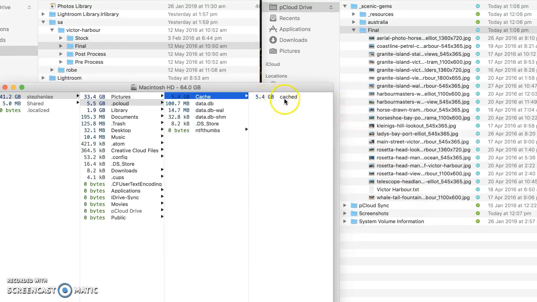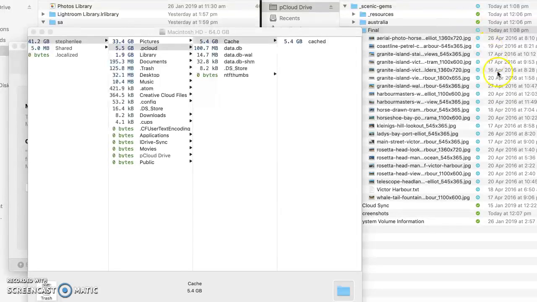It puts all of the information into a cache folder, and then it starts bringing this information from the cache over through pCloud, and these blue icons will turn green as it does so. Now, once this transfer is complete,